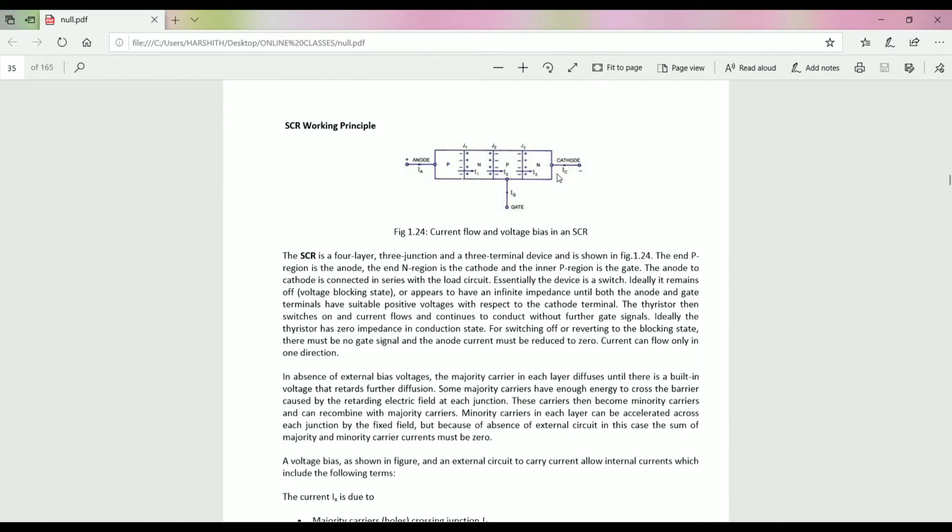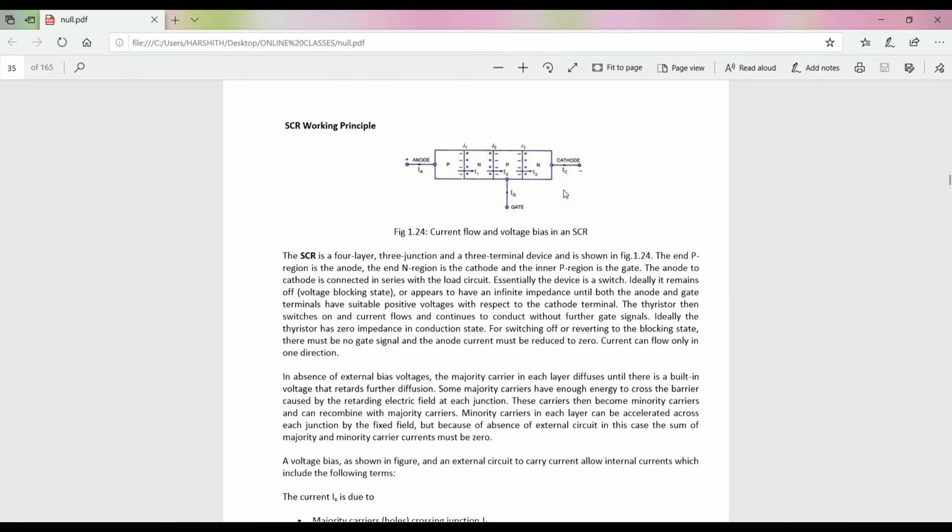This voltage is called the forward breakover voltage, VBO, of the SCR. In such a condition, the SCR is said to be on, also called triggered. This is the first case, when the gate is open. With anode positive and cathode negative, J1 and J3 are forward biased and J2 is reverse biased. In the second case, cathode is positive and anode is negative, so J1 and J3 are reverse biased and J2 is forward biased.